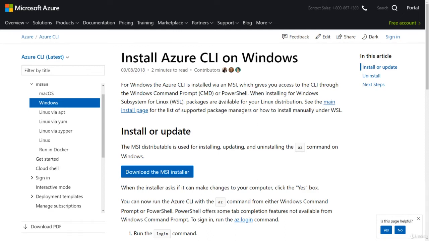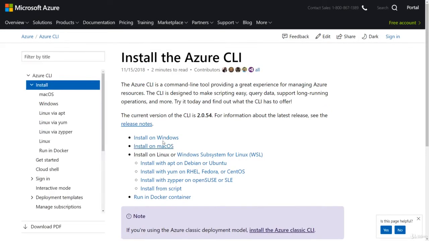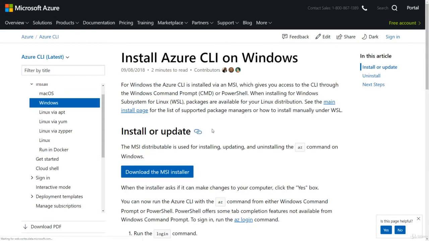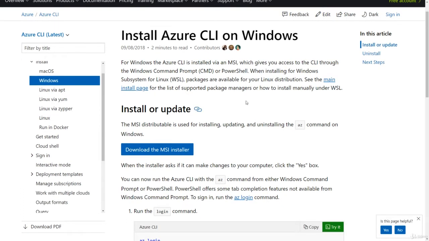Now, first of all, versions of Windows come with PowerShell, but you do need to install the Azure SDK. But if you're going to do the command line, you do need to install the command line, whether it's Windows or Mac OS or any of your Linux systems, or you can even run CLI within a Docker container. No surprise there, right? So if you want to install or update CLI, you find the web page for it,